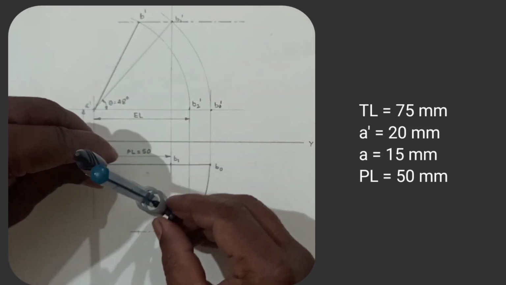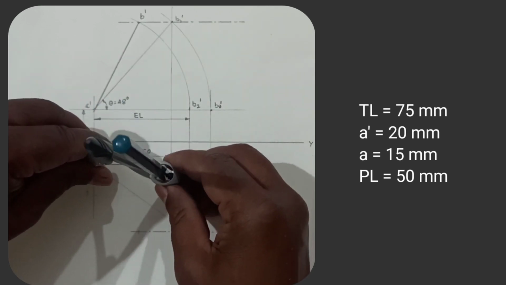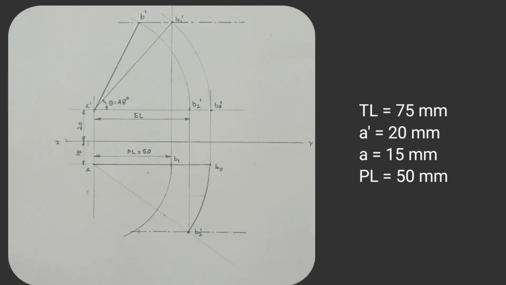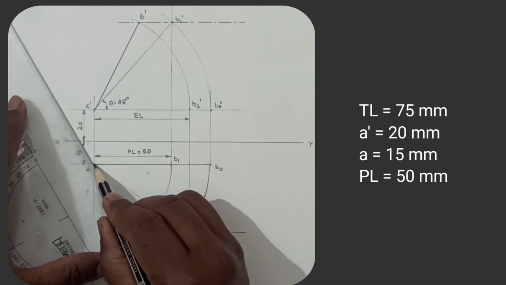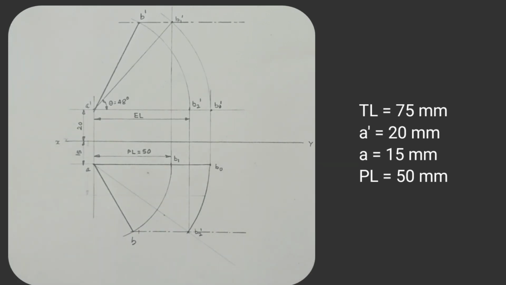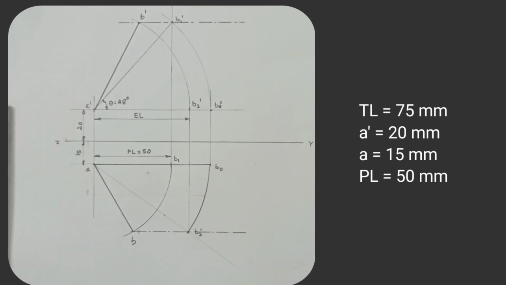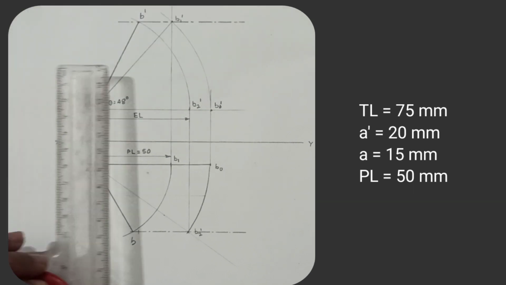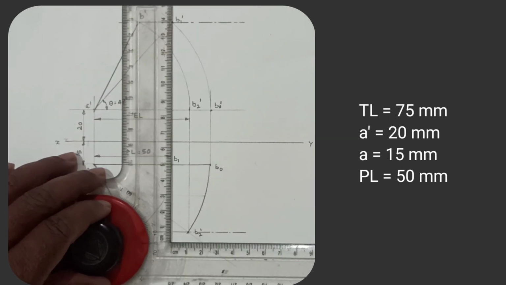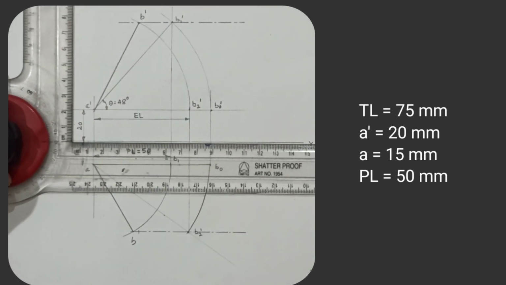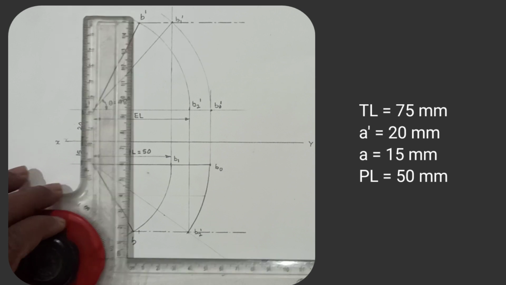Similarly, in top view, take the PL distance in compass, take A as a center and shift this distance on a locus line. Thus, it gives a final top view, that is AB, and in front view A dash B dash will give us a final front view. Give the respective dimensions,